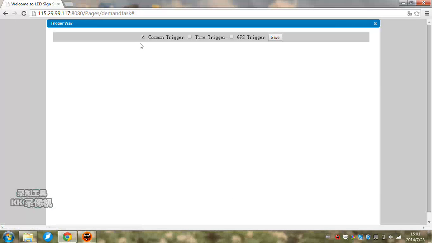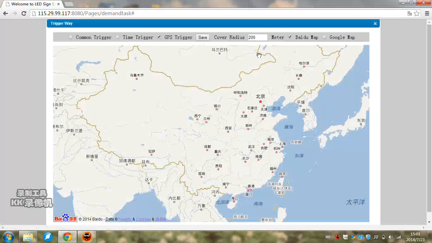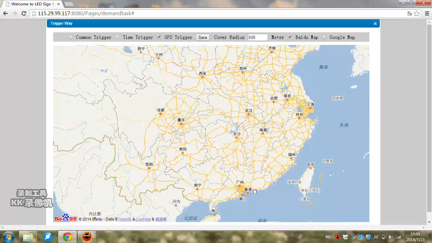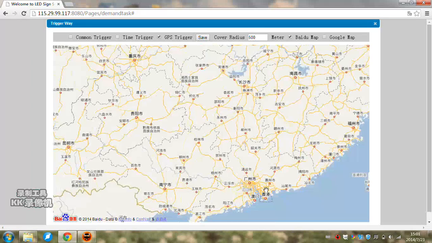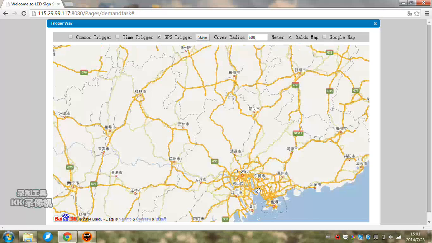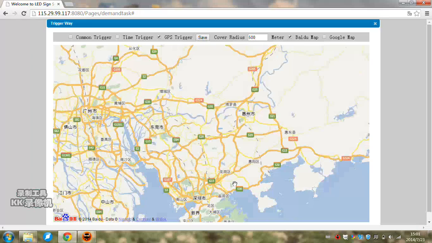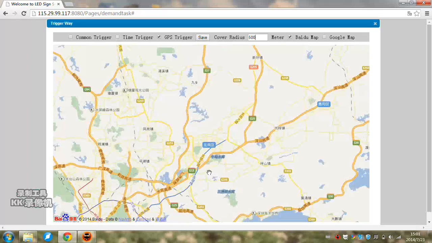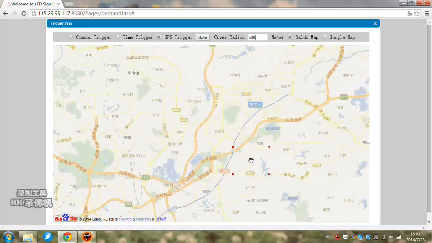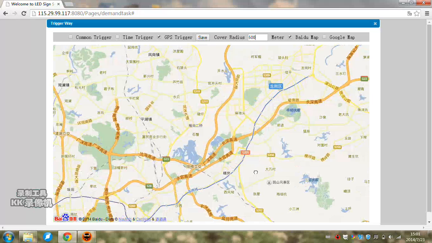And now you need to find the position where you want it, so that when it's coming, you can display it automatically. Now this is an example. Our address is located in Shenzhen Longgang district. Let's find the position where, when we're closing, it will be displayed.